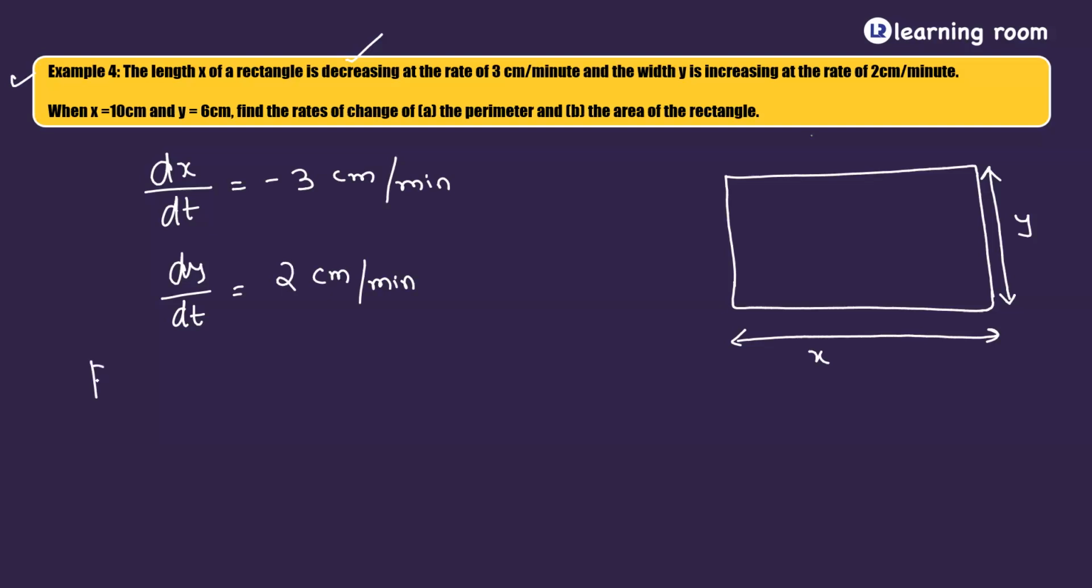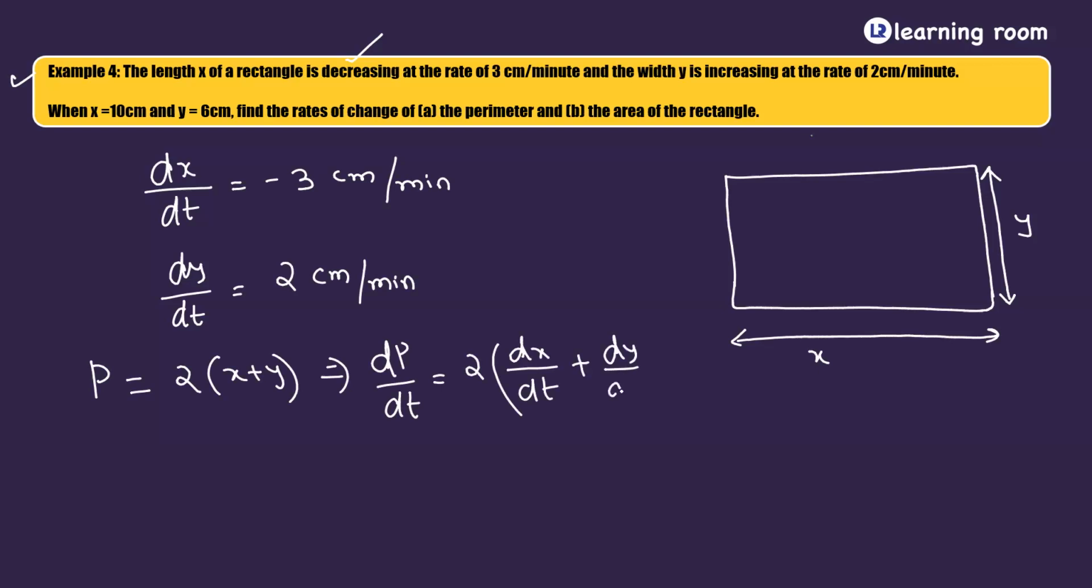So what is the perimeter of the rectangle? Perimeter is equal to 2 into x plus y, which implies dp divided by dt is equal to 2 into dx by dt plus dy by dt. So this will be equal to 2 into, what is the value of dx by dt? It is minus 3. Plus, what is dy by dt? It is plus 2. So 2 into minus 3 plus 2 is minus 1, multiplied by 2 is going to be minus 2 centimeter per